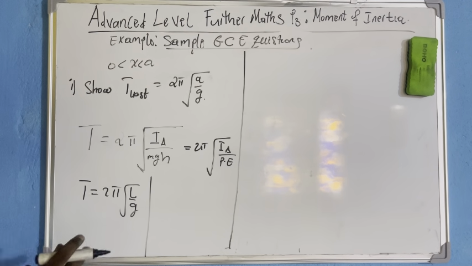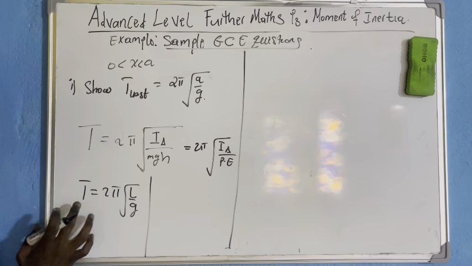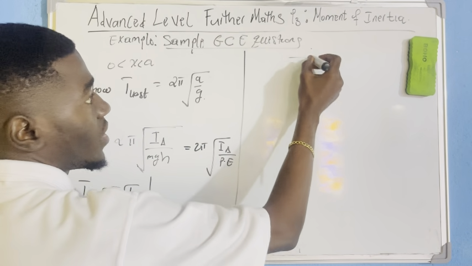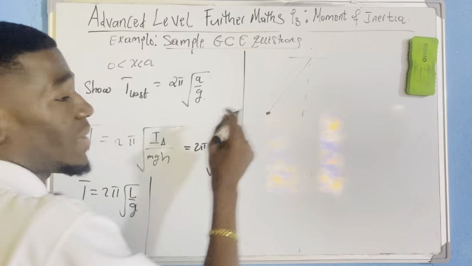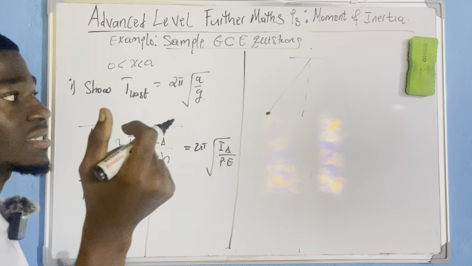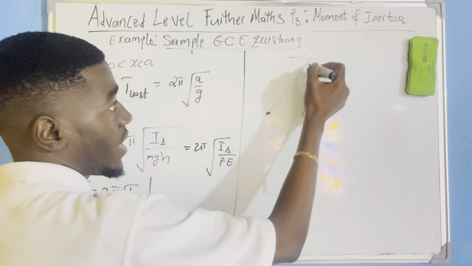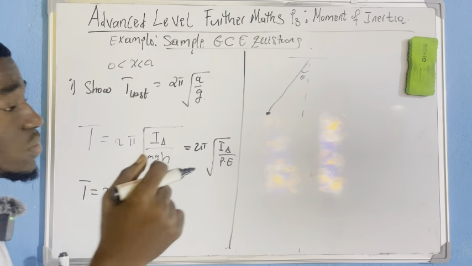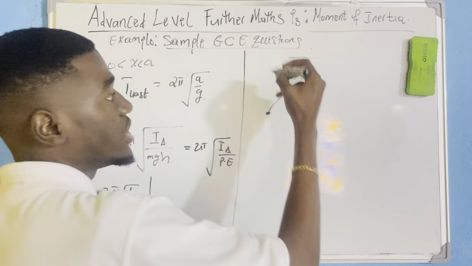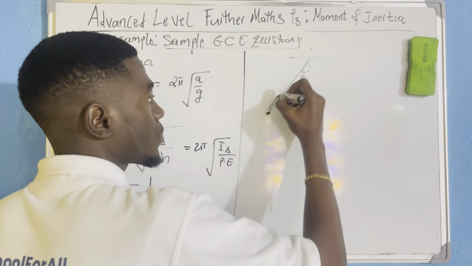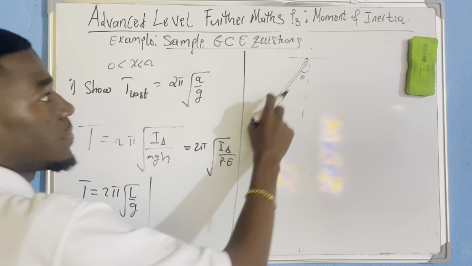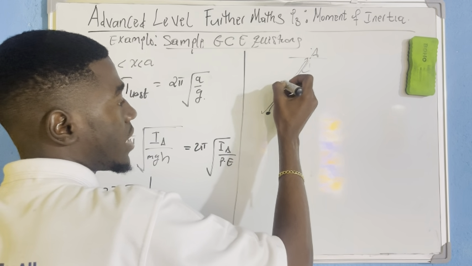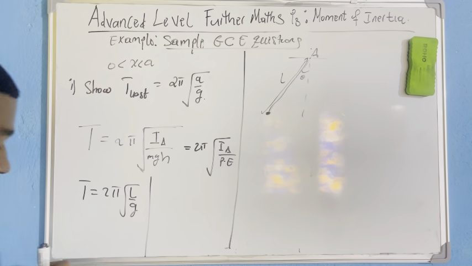This is a period of oscillation of, I think, a string-mass system. Okay. So I'm having maybe a string here, then a mass here, and the mass is considered as a point mass. It's not considered as a solid. So the mass here is considered as a point mass, and the string or the rod which is being used here is considered what? It is considered to be of negligible mass, and the distance from the point mass to the axis of rotation delta, let us call that distance L. Okay.